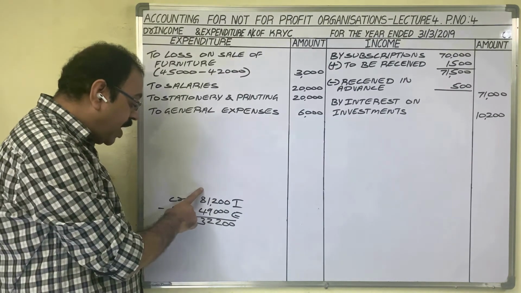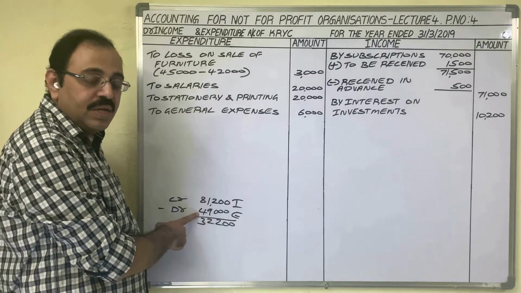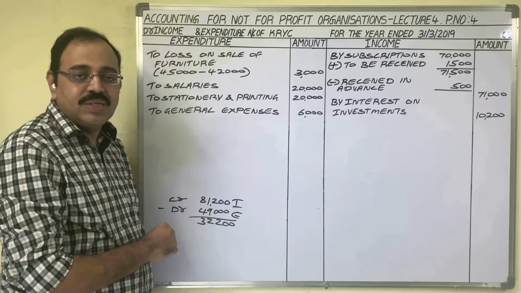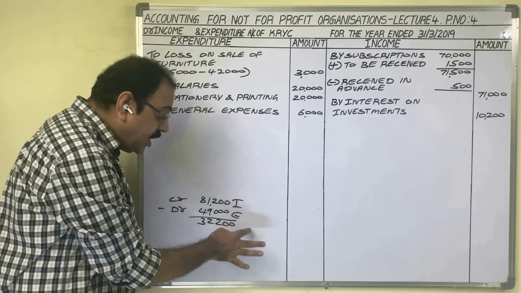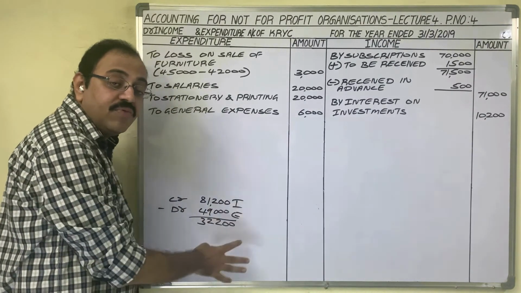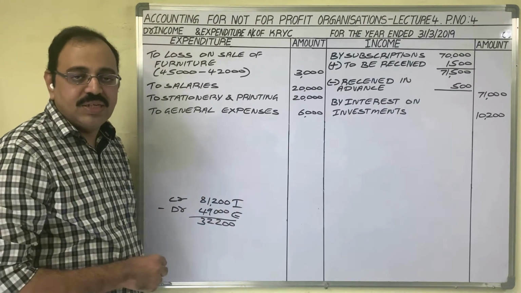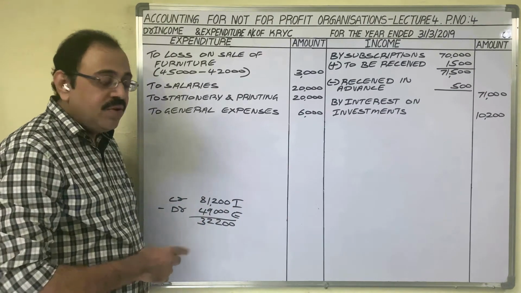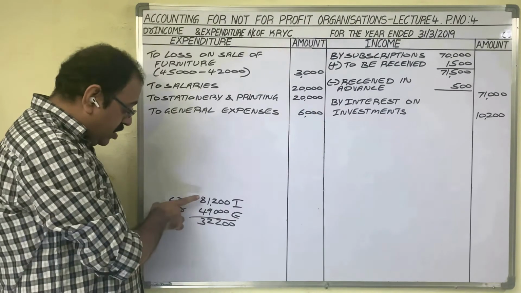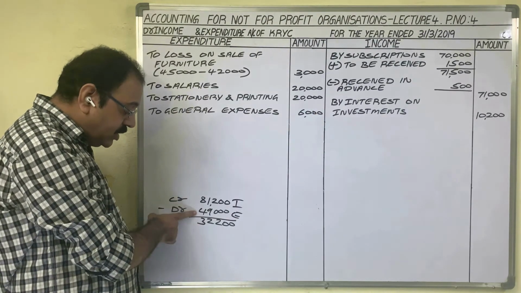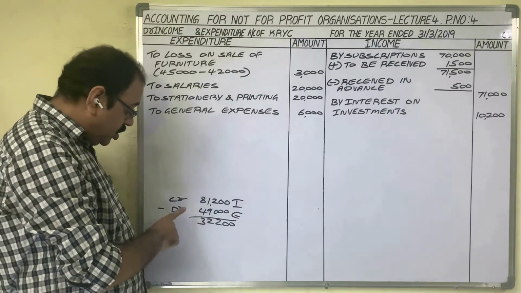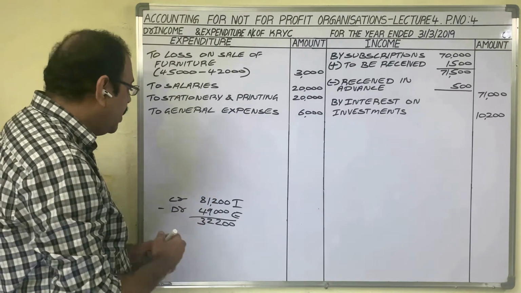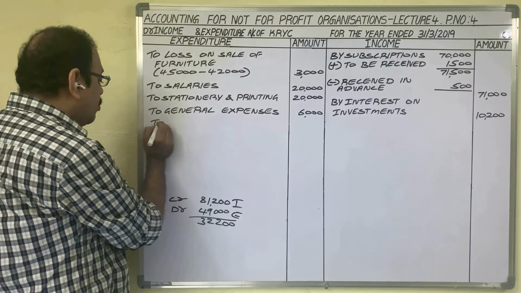So if income exceeds expenditure, the difference is called surplus. If expenditure exceeds income, then the difference is known as deficit. Now we got surplus. Where we should show that? Where the total is less, that side we should show. So debit total is less, debit side